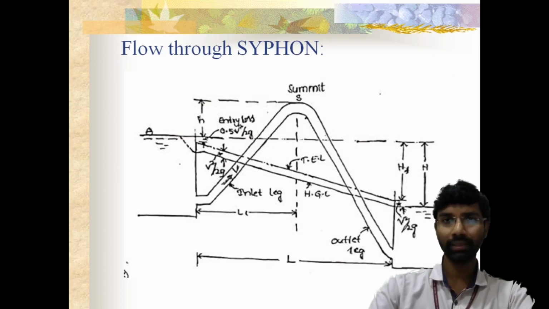See, all these things are regarding connecting reservoirs. Whenever you want to connect two reservoirs, or if you want to send your water or fluid through a certain pipe, various types of pipes can be connected using a series of pipes, different diameters, different lengths, or they may be connected in a parallel way. And another way is flow through siphon.